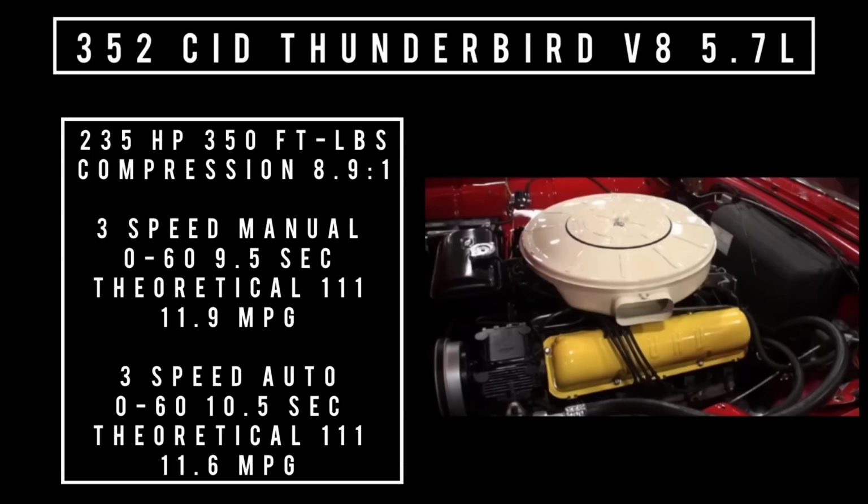Moving on to the last engine on offer, which could be had in two different configurations and or flavors, 352 cubic inch displacement FE V8. It also went by the Thunderbird V8, 235 horsepower, 350 foot-pounds of torque. Compression was 8.9 to 1. When mated to a 3-speed manual transmission, 0 to 60 could be had in 9.5 seconds. Theoretical top speed 111 miles per hour. Average fuel economy was 16.9 miles to the gallon. I'm going to put the 3-speed automatic transmission specs up there so you could compare the specs, but we're going